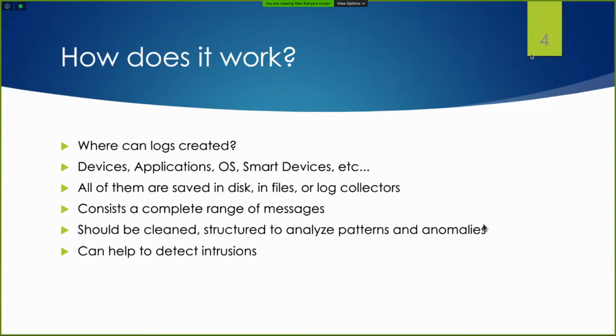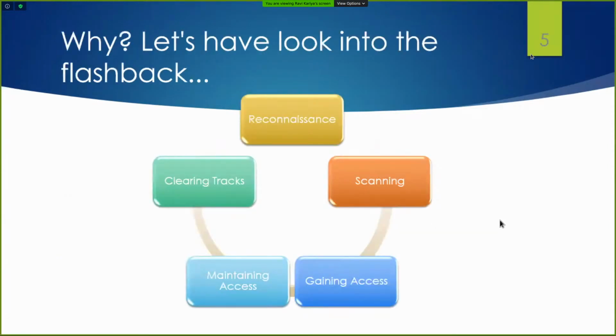Beginners watching this video may understand that attackers go through these cycles. First, reconnaissance, which consists of the information gathering process, then scanning, like port scanning and vulnerability analysis.